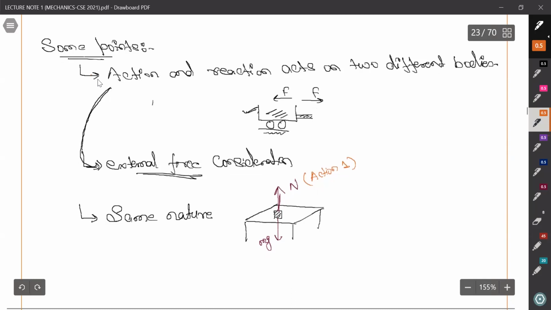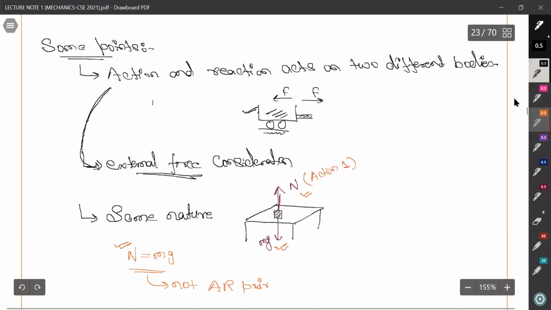If we go by the definition that action and reaction are equal in magnitude and opposite in direction, here N and mg are satisfying that. N equals mg here, right? N and mg both are equal in magnitude and they are opposite in direction. But they are not an action reaction pair, because they are not of the same nature. This is the gravitational attracting force, and this is the pushing normal reaction.